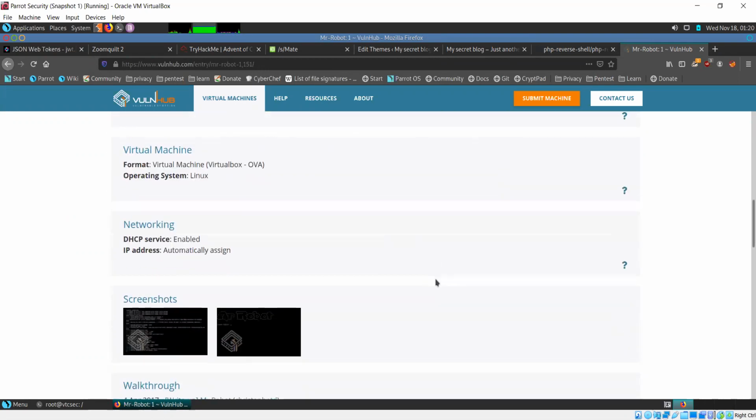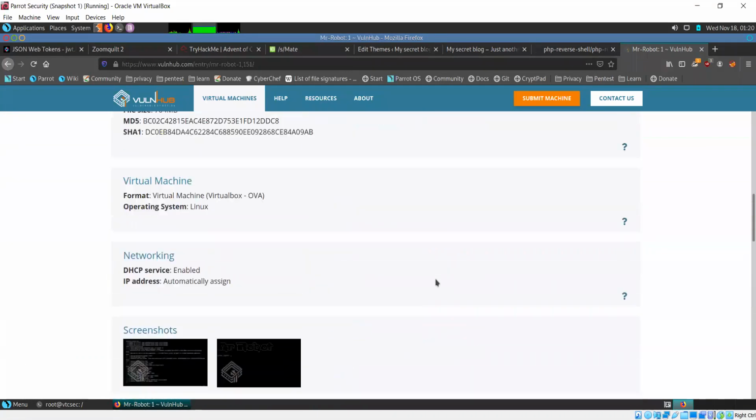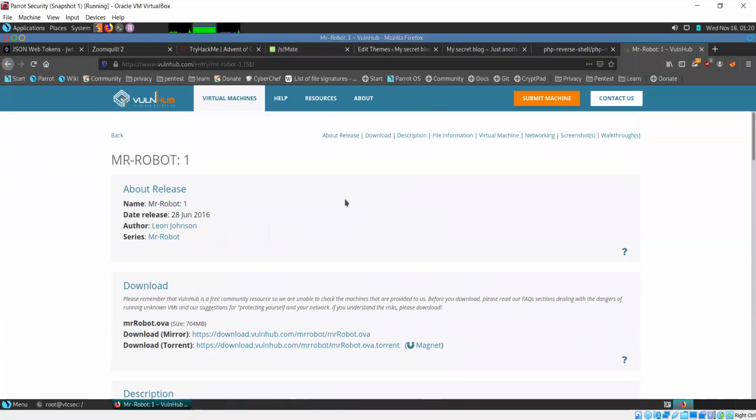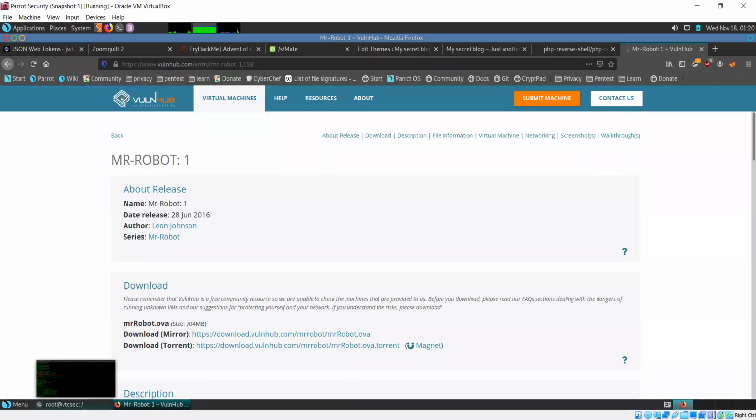Now this actually has flags for us to find. You can find this on VulnHub. I'll give you this link in the chat. So this is the next one that we are going to see.